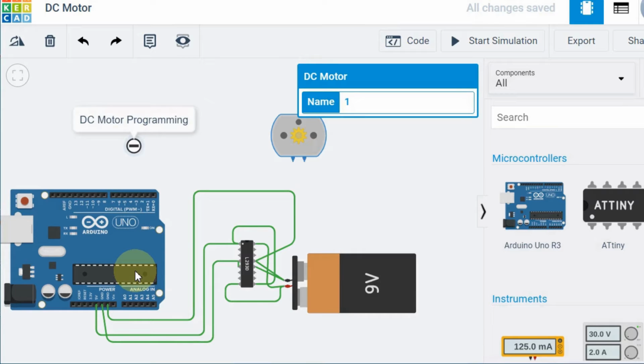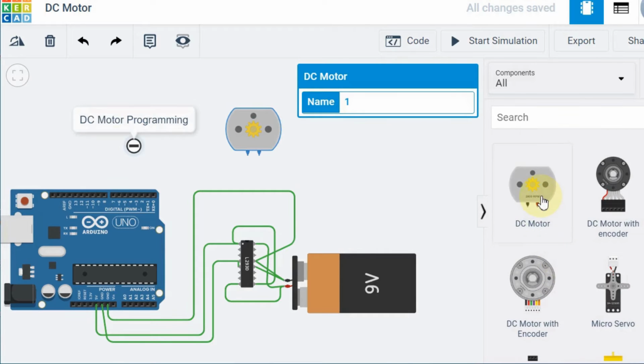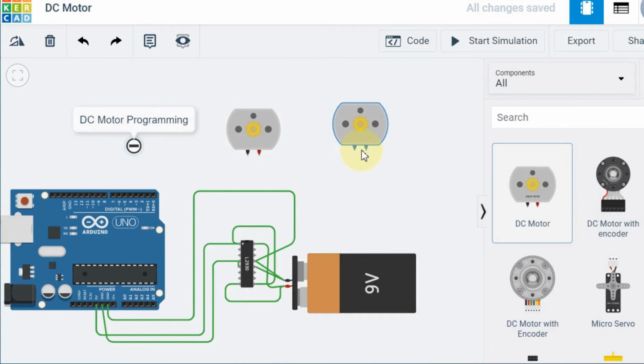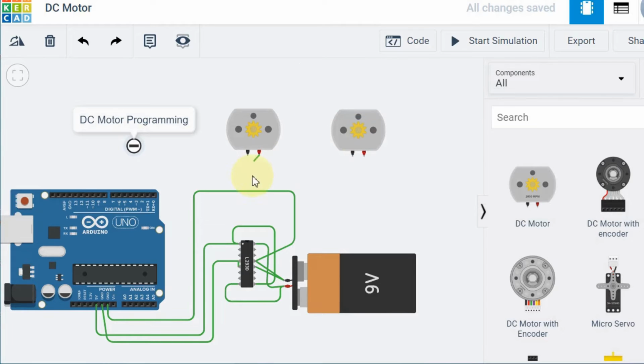Now I want to decide where I want to give the inputs and how I am going to write the code. One thing I have decided: I want to connect 2 motors to this IC. So first I will take 2 motors. One more DC motor I am going to take, and I will finish connecting these 2. Say this is motor 1 and this is motor 2. So this motor's positive terminal I need to connect to pin 1, right?